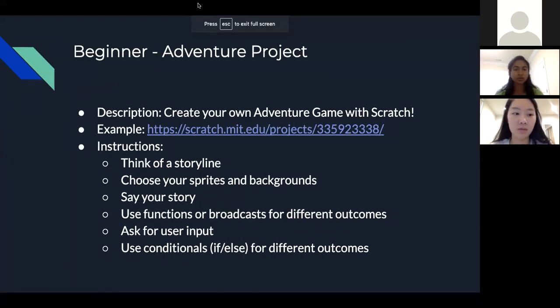So the next project we have is another beginner project. It's called the Adventure Project, and the goal is to create your own adventure game with Scratch. For this one, you create a storyline, and the user can choose their own path, and then it leads to a different story. So if you click into the link,